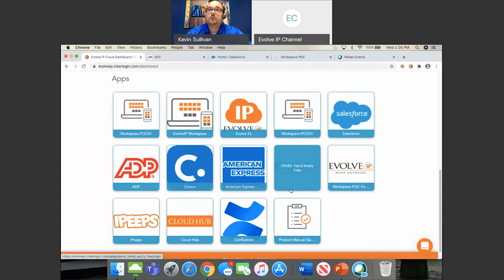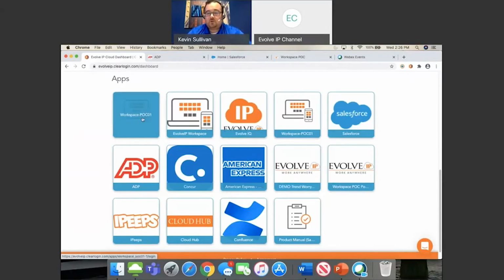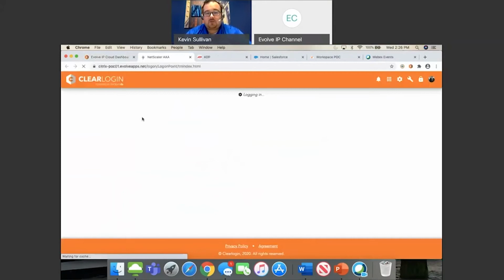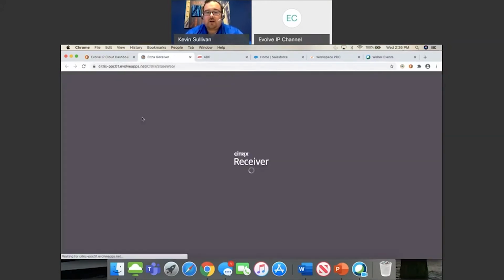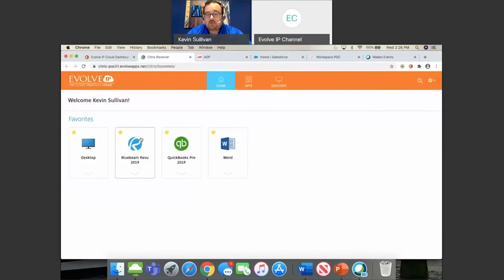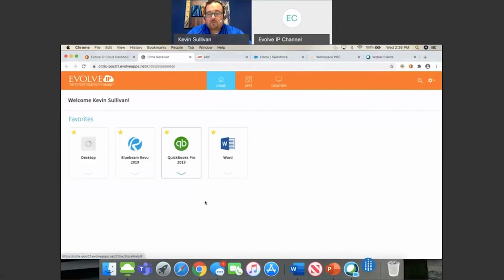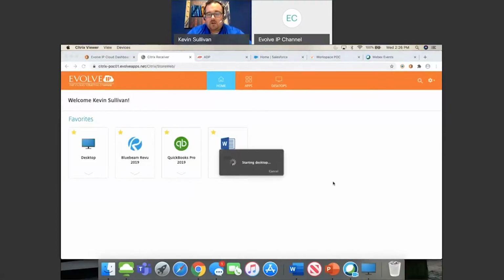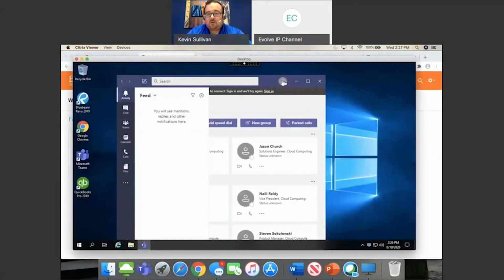Maybe they're exclusively working via Salesforce and a few other web applications in Office 365. But once you get into the users who actually need published applications or published desktops, again, with a single button click, we're now getting into our legacy applications and our full-fledged published desktop. So if I click on this desktop icon, this is going to launch our Workspace Receiver application. And within a second or so, we now have a desktop session that's up and running